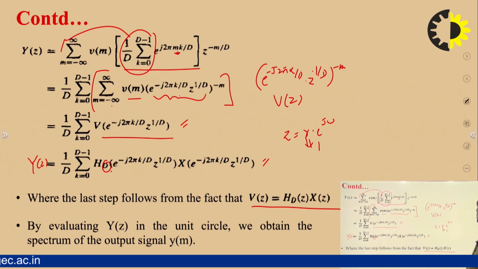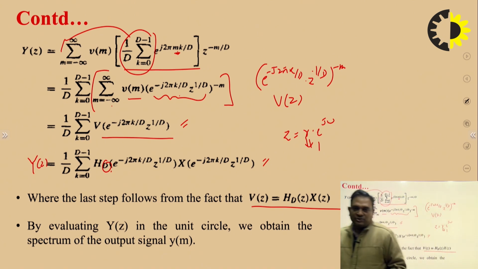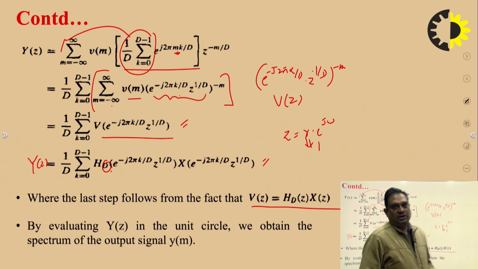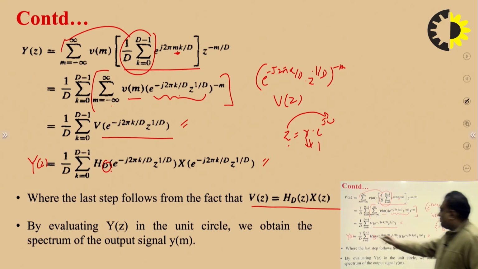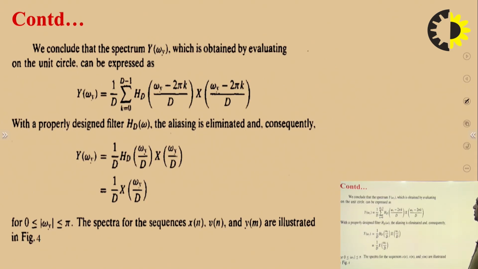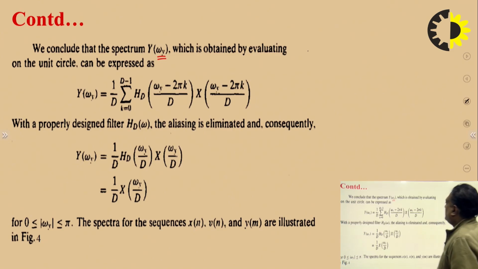R equals 1. So the DTFT is nothing but the Z transform evaluated over the unit circle. If we are interested in the DTFT, then we simply put Z equals e to the power j omega. So this becomes Y of e to the power j omega, and we get it by putting Z equals e to the power j omega. The rate of the output signal is now y, so we write Y of omega y, and